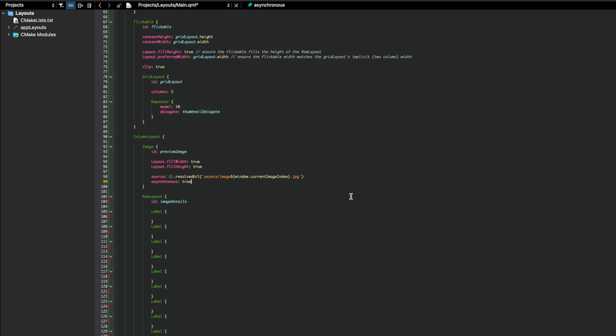For the row layout with the image details, we want to reserve some space at the bottom of the window, so we'll set layout.minimumHeight to 40. Finally, for the labels, we want to use them in pairs. The first of each pair will be a title, and the second, a value. For the first label, we'll give it the ID source title and the text source. We also set the font to bold. For the second label, we'll give it the ID source value and set the text to the source URL of the preview image. We can then do the same for the remaining 4 pairs of labels for width,